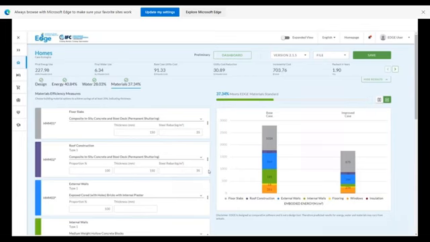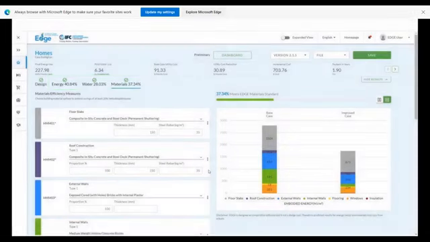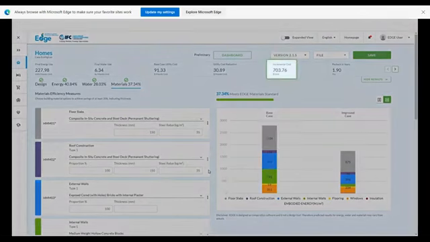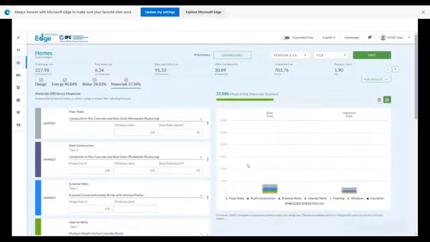Our building has met the EDGE standard and at over 40% energy savings can be certified as EDGE Advanced. Let's check on our incremental cost and payback period. Our results tell us that each unit costs an additional $703.76 and takes less than 2 years to pay back through utility savings. The projected utility cost reduction of $30 per unit is the value that can be marketed to home buyers through the EDGE certification. Once we save our project, we're ready to register for certification.